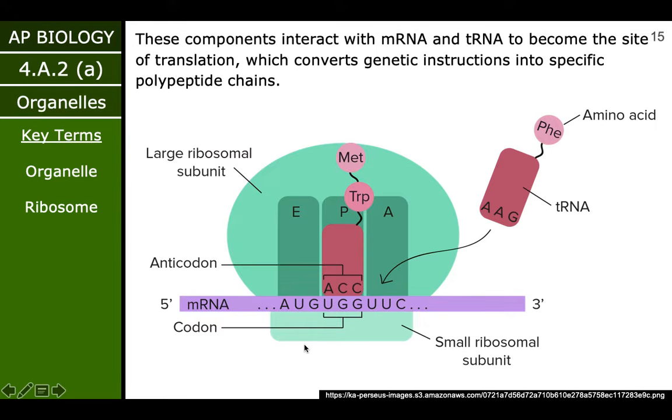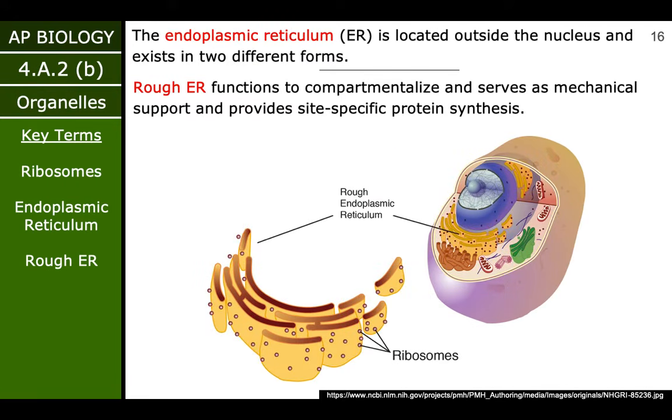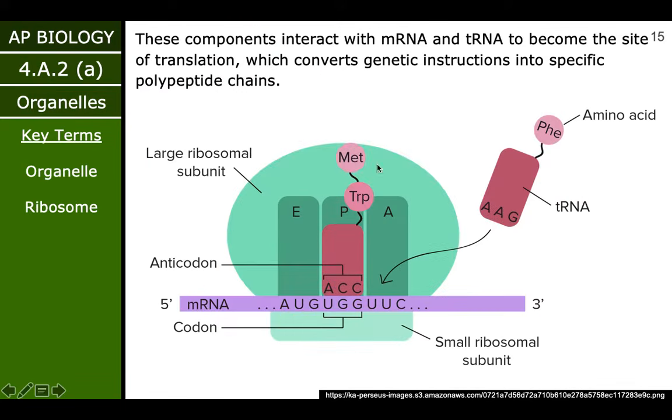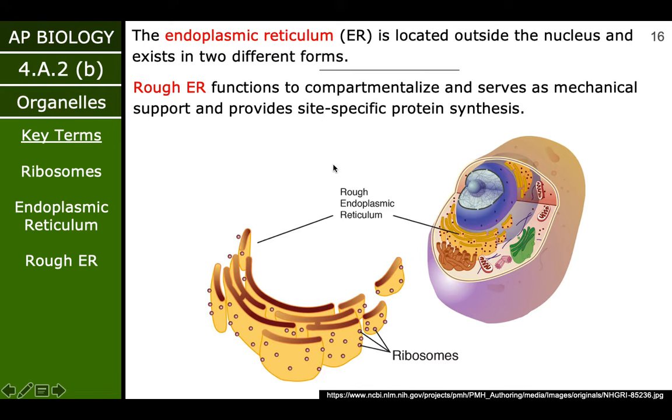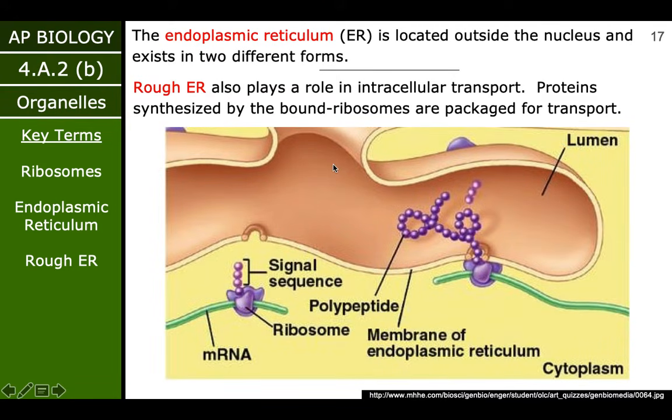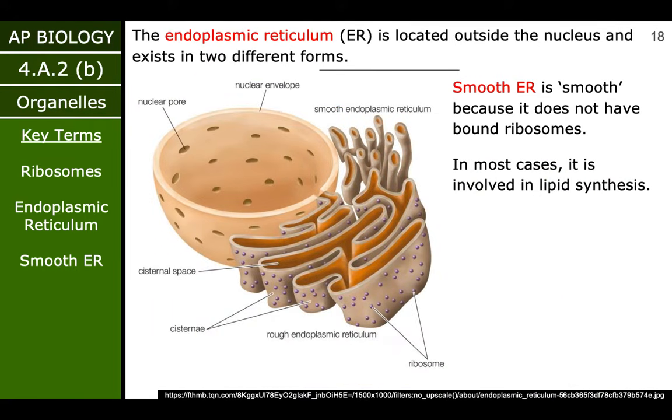So what I'm doing is I'm just zooming in on a single one of these. And this is a cross section of it. This is what's happening inside of it. Then there's also, I thought we were going to go on to smooth ER, but okay, here's the smooth